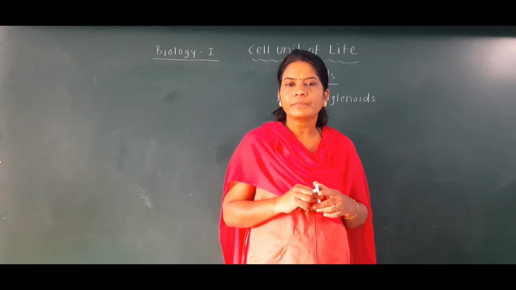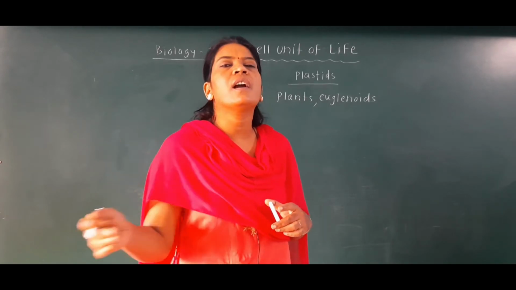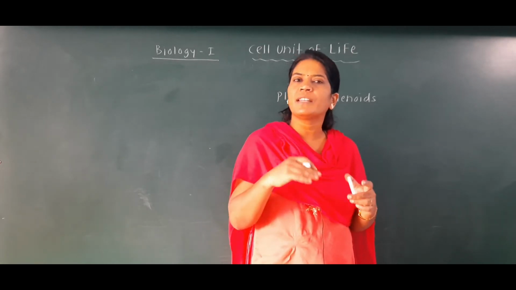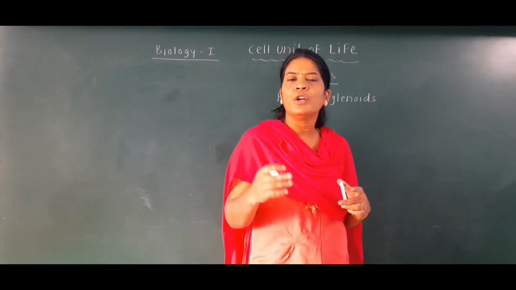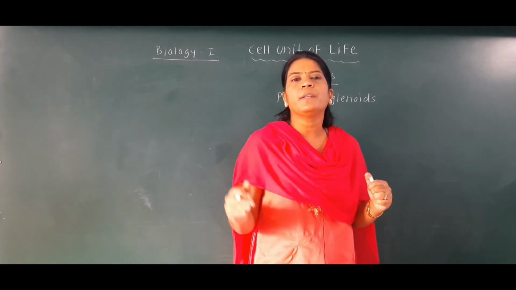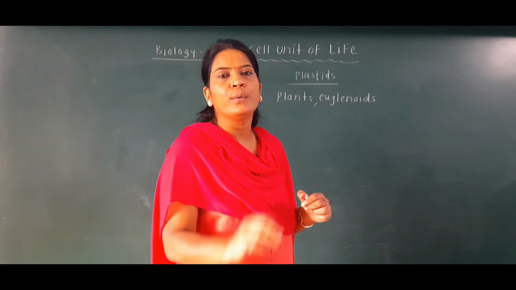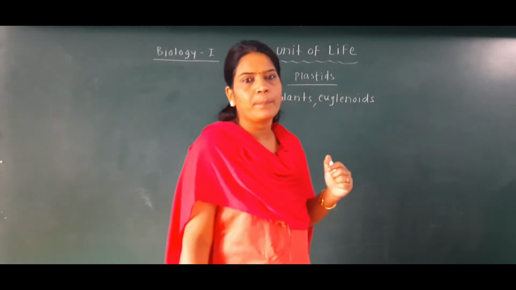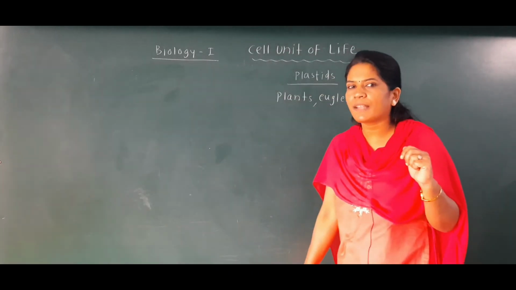This plastid contains different types of pigment which give different colors to the plant or the parts of the plant. According to the type of pigment present in the plastid, these plastids are classified into 3 types, and those types are: